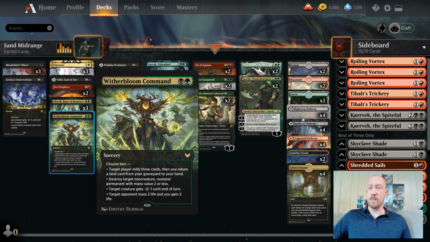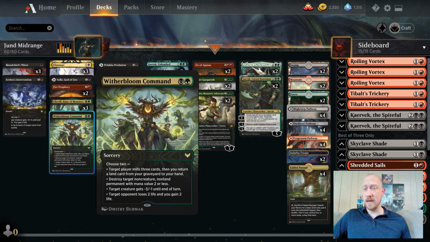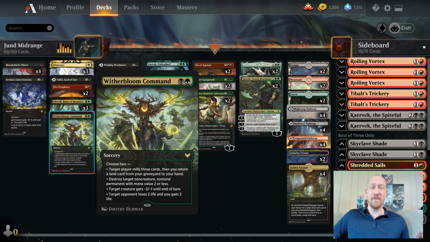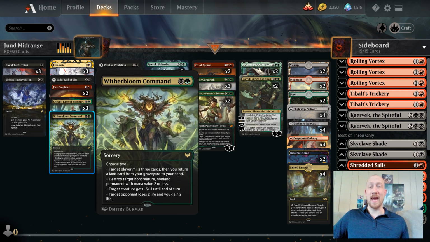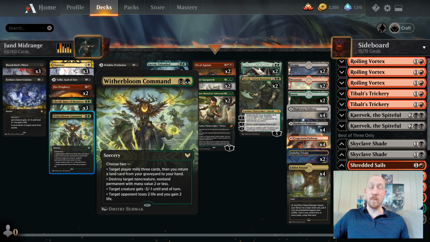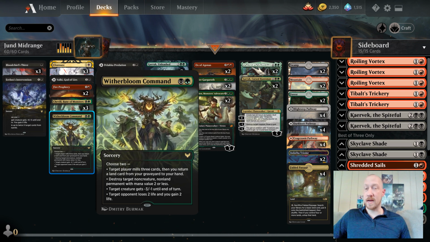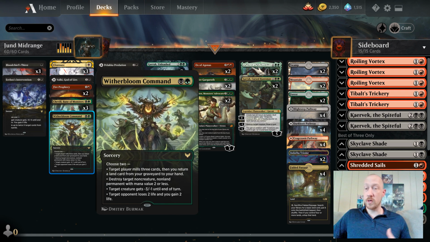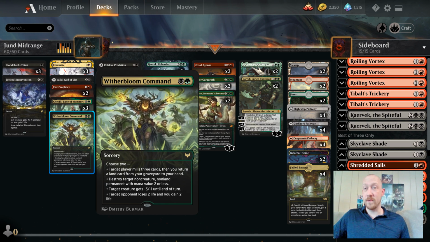Another removal card I want to point out is Witherbloom Command because it's just a really neat removal card. It has several purposes here. If I've used a Fabled Passage and I am struggling with lands, I can use this, mill some of my deck or my opponent's, doesn't really matter, and I can pull a Fabled Passage back out of the graveyard. Also, if I've cycled a Triome and I want to pull it back out of the graveyard to cycle again,